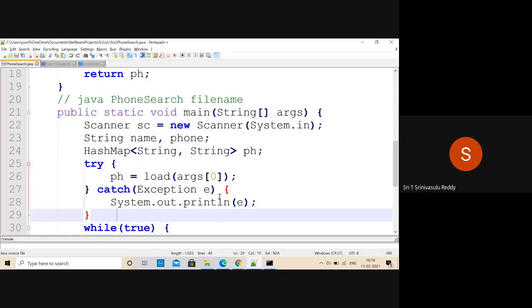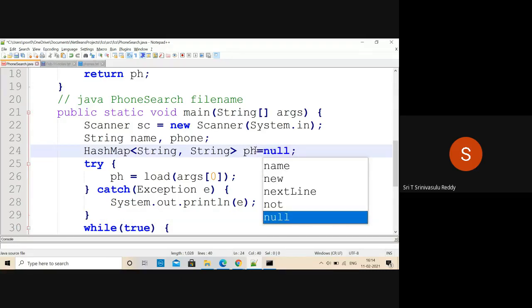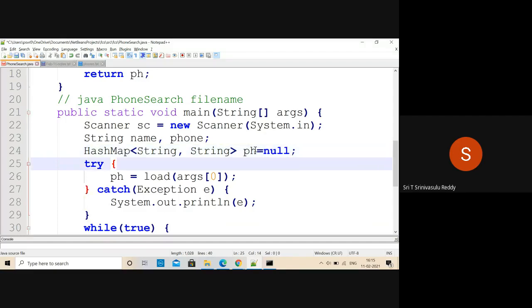Let us look into that. Actually, it's getting from elsewhere. So ph, HashMap ph equal to load of that aux. What is his problem here? Let us see, like ph equal to null value to begin with. It's not required, but somehow it is complaining. Let us see. ph equal to load of aux of 0.